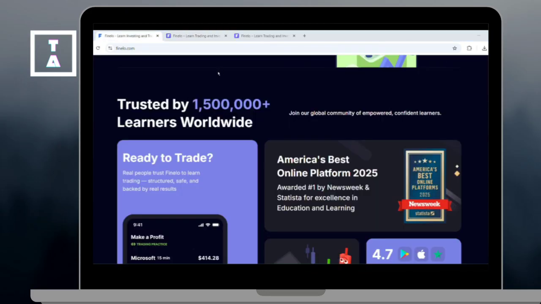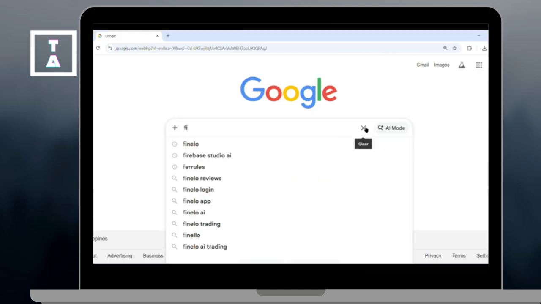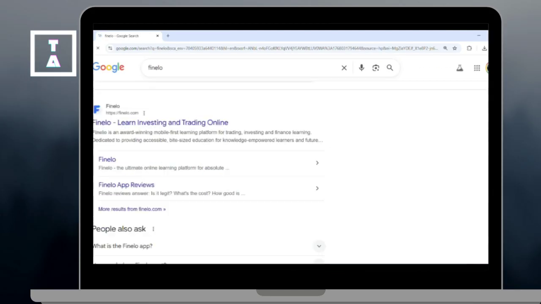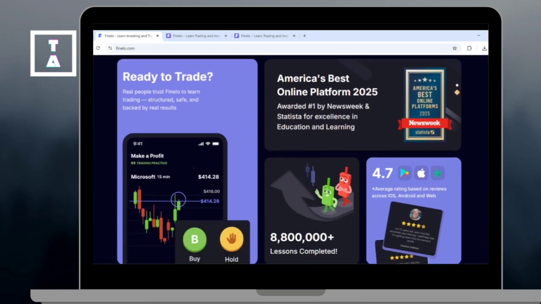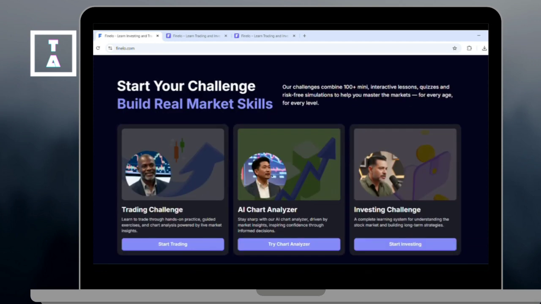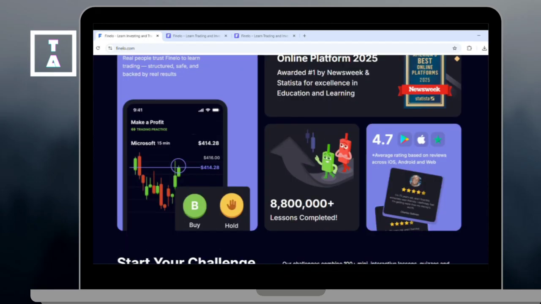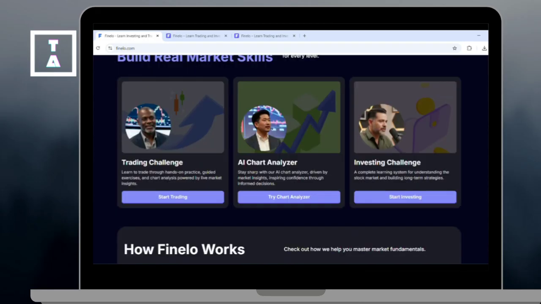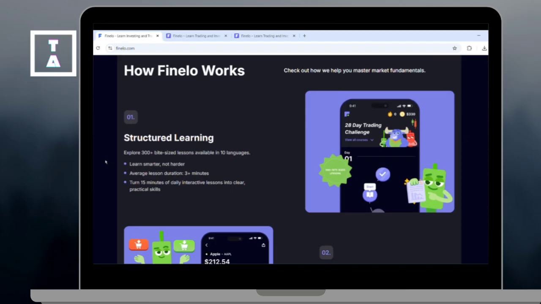To create a Finelo account, first open your browser and go to Finelo's official website. And here, click sign up, or you can log in. And here you'll land on the Finelo dashboard. And inside the dashboard, you can explore, and you'll see the learning path, strategies of trading, market insights, practice or